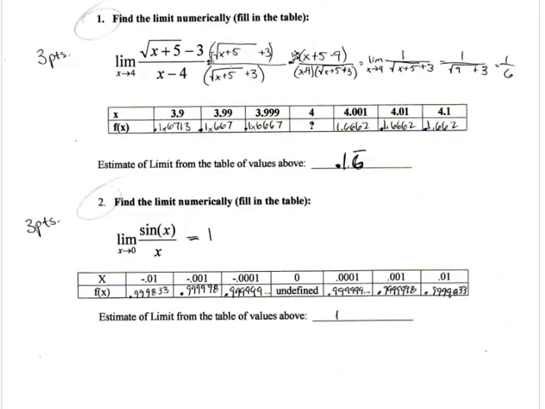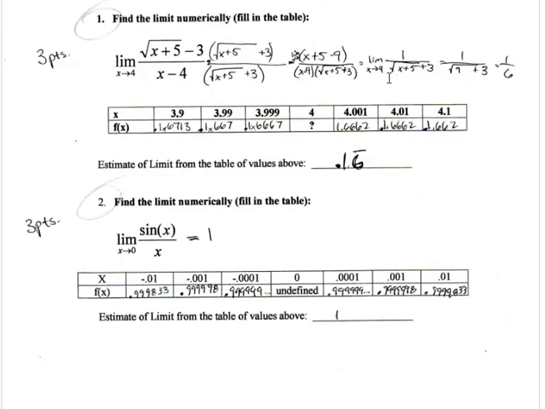product of perfect squares. So we know that we would have this term squared minus the quantity of this term squared. When we do that, what we get is x plus 5 minus 9, and plus 5 minus 9 is minus 4. So we would have an x minus 4 on the top and an x minus 4 on the bottom. Both of those would cancel, and we would get the limit of 1 over square root of x plus 5